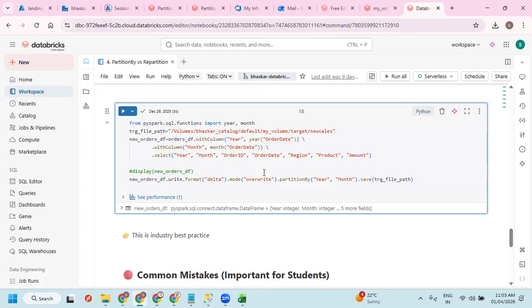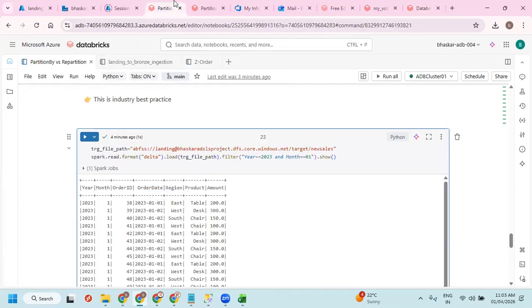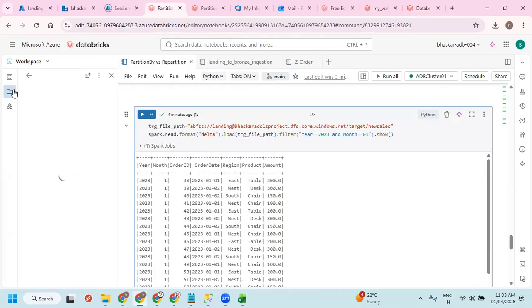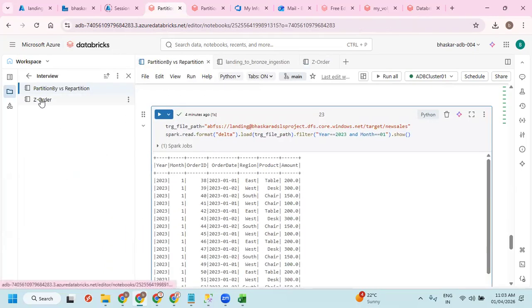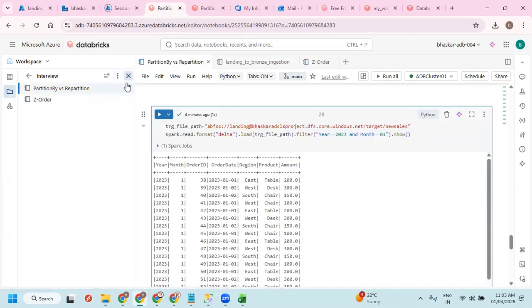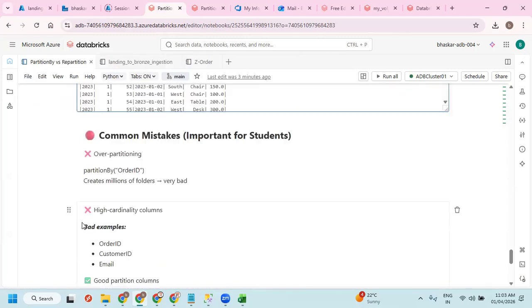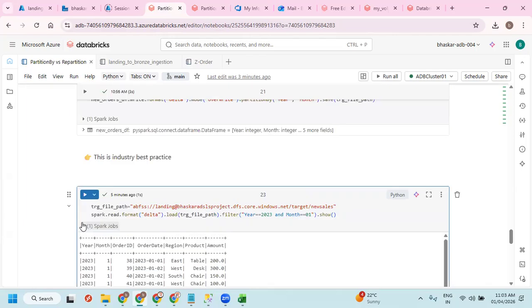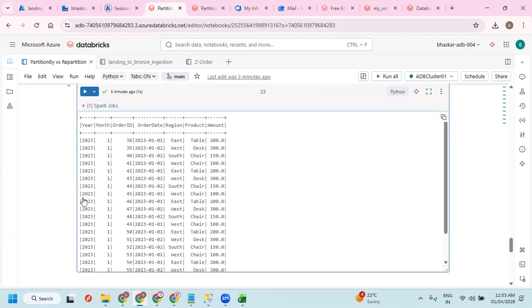Okay. This is one thing, and the other thing is repartition by, right? So repartition is basically used at the time of processing.